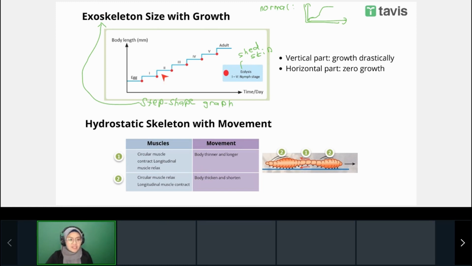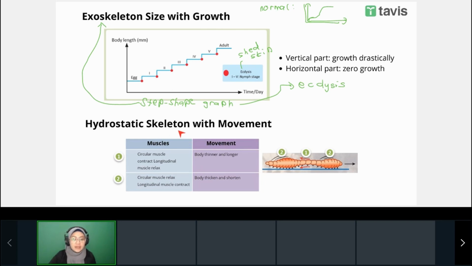Teacher, why does the shape of the exoskeleton growth graph become a step shape? Because of the shedding skin process, or ecdysis. I will explain the ecdysis process further after this. So now we go to the